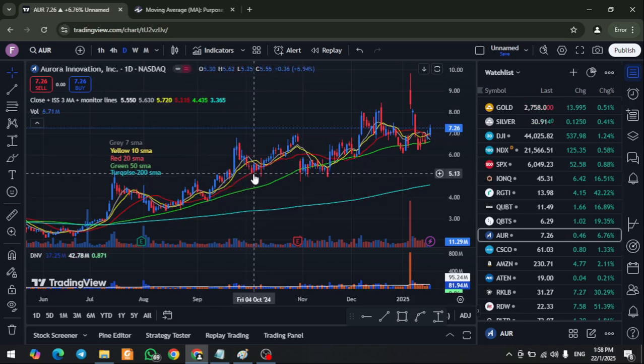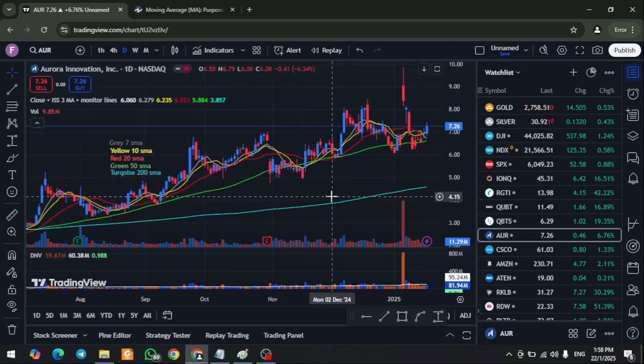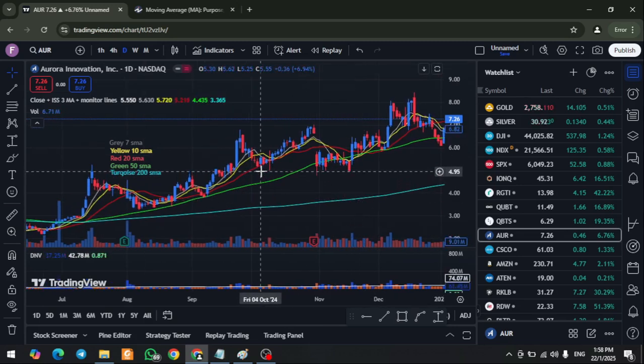Once it goes up and then stays above the 20 days moving average, this is a good sign or a good place for us to enter a position, because we can see clearly the price